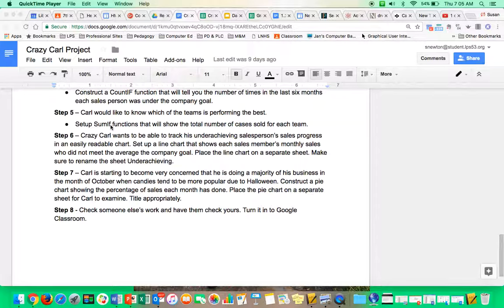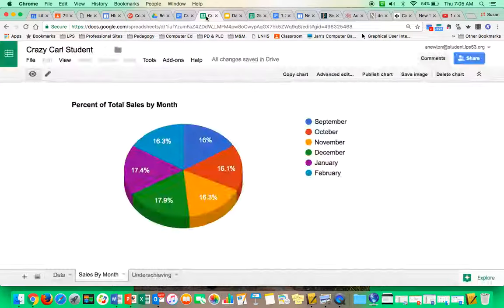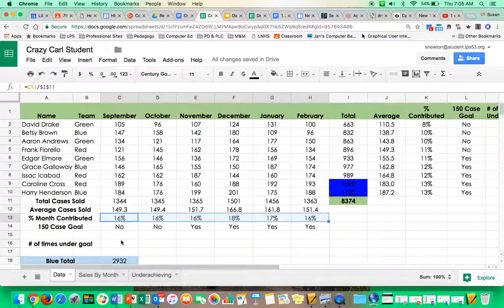This video is going to go over step 5 for the Crazy Carl Candies project. On step 5, what you're supposed to do is create a SumIf function to show the total number of cases sold for each team. So I'm going to switch back over to the spreadsheet, Data tab, and here's how I